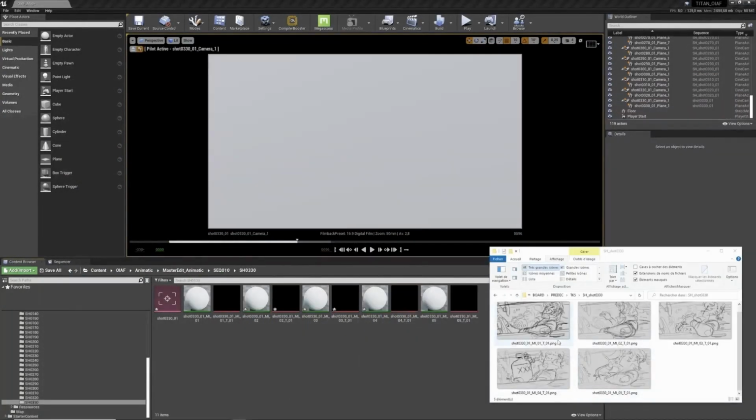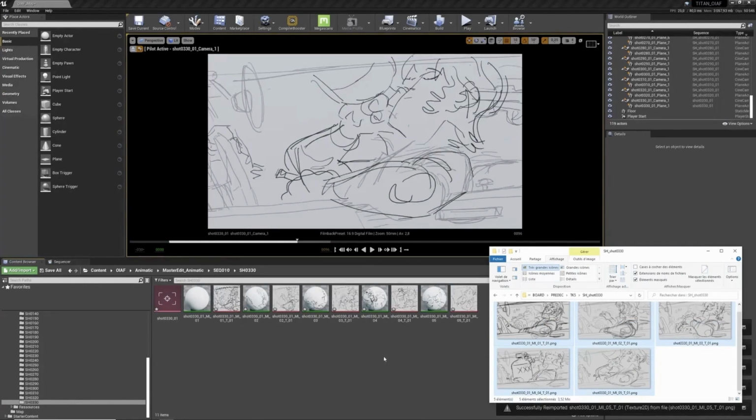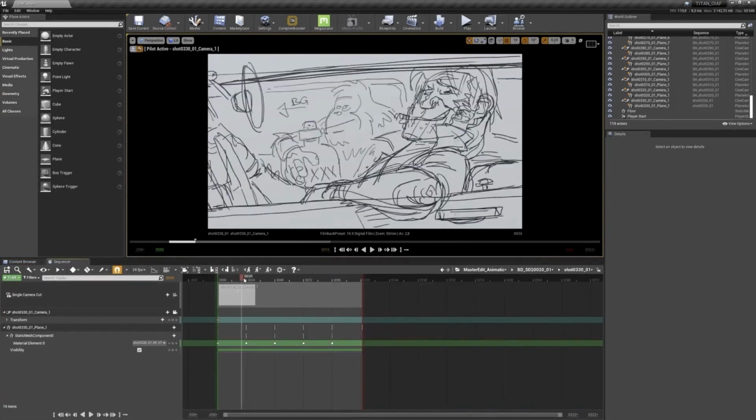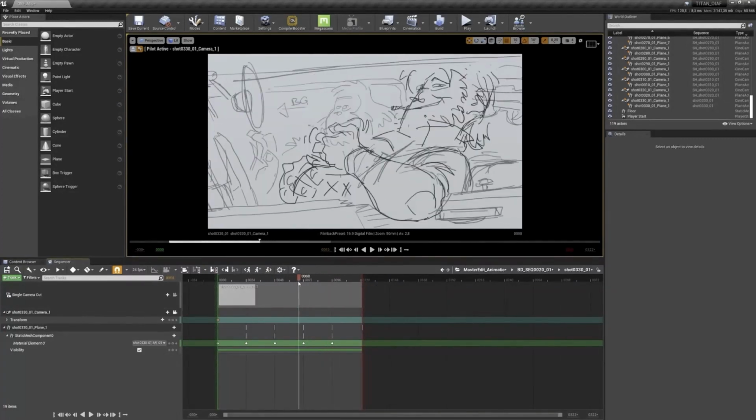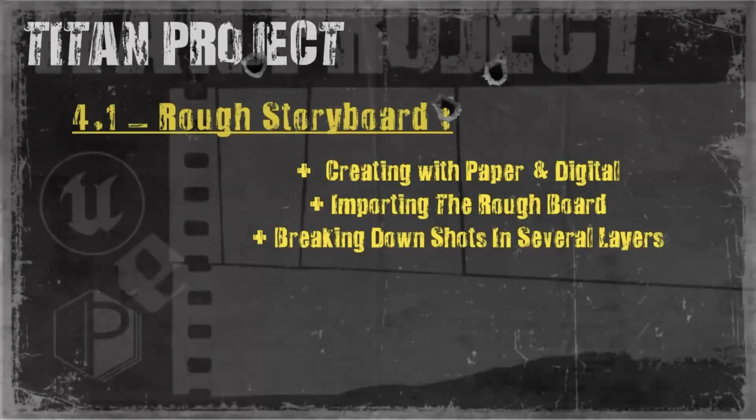We give the thumbnail the same name as the drawings in the Epos Sequencer. So we just drag and drop all the thumbnails from the Titan rough storyboard, and there we go. The Titan rough storyboard has been entirely imported in the sequencer. As we're getting the advantage of working all together on the Titan project file with Unreal, using source control and sublevels, the previsualization artist can start planning his shots using the rough storyboard, while the story artist starts focusing on the